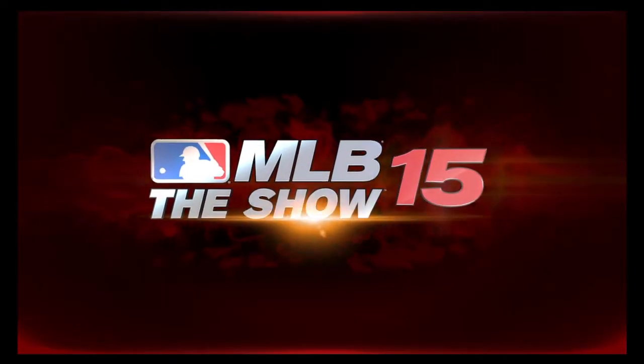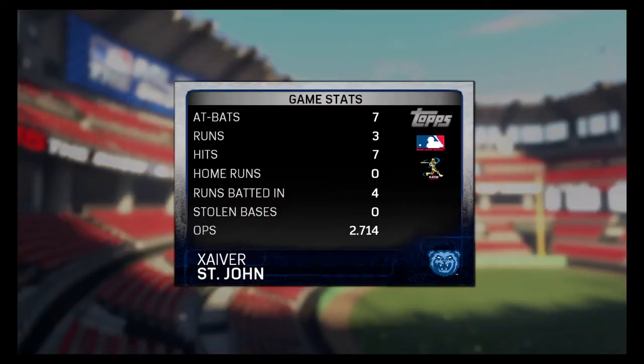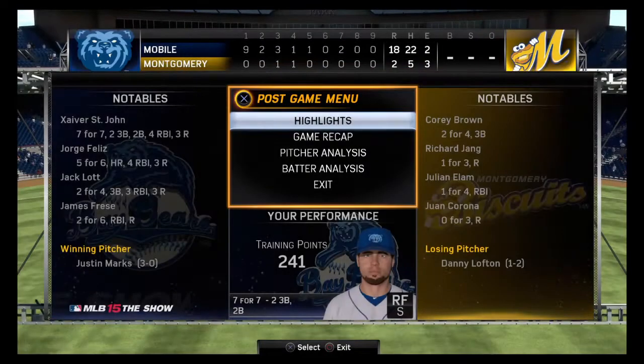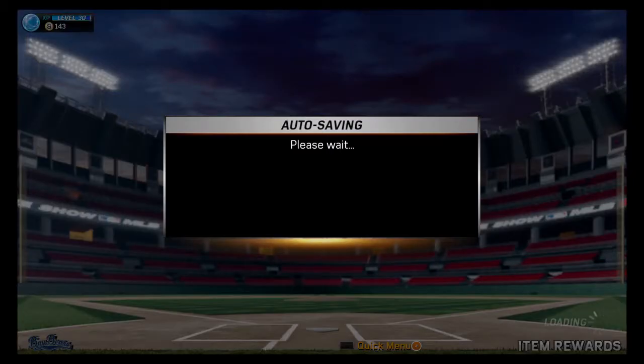Well, the bats were certainly working in this one, but out of everybody, I'd say this man most deserves to be our top player of the game. Yeah, not a big surprise here. He had more hits in this one game than some guys get in a whole month. No doubt he gets the